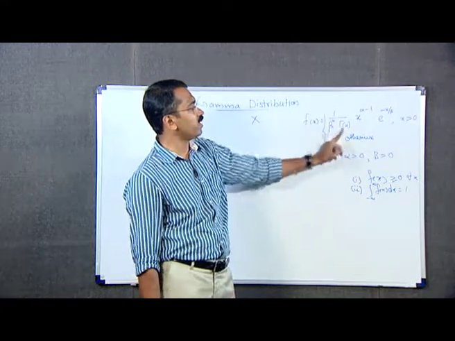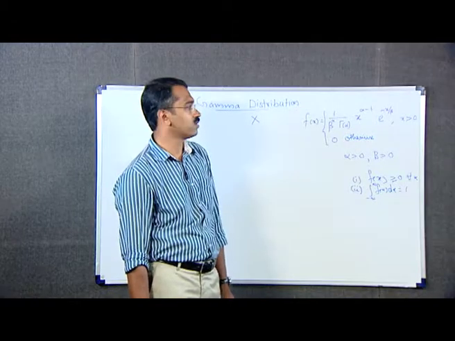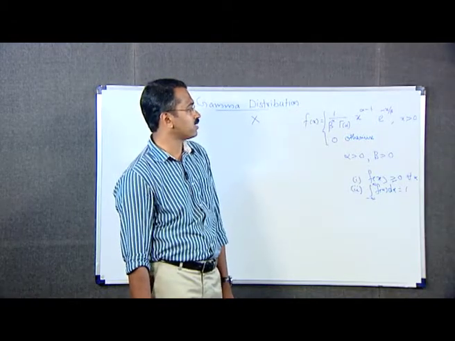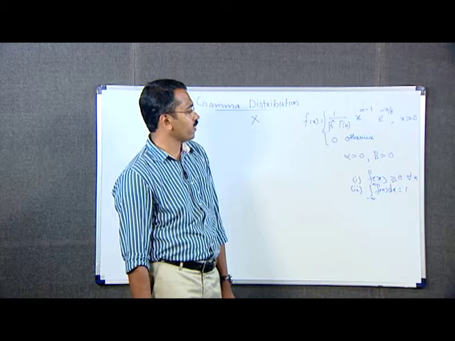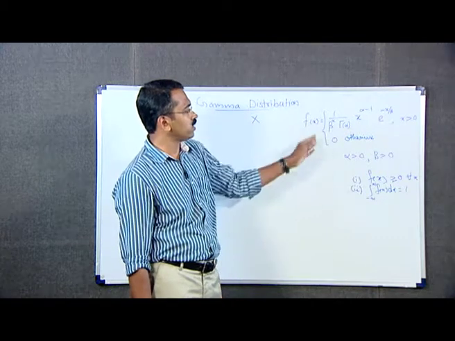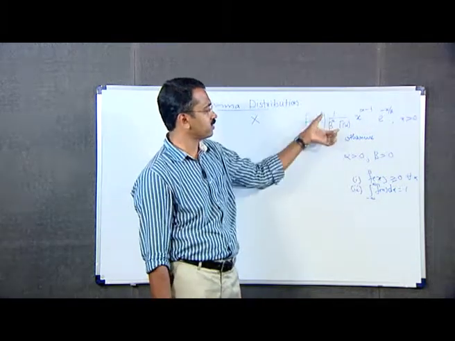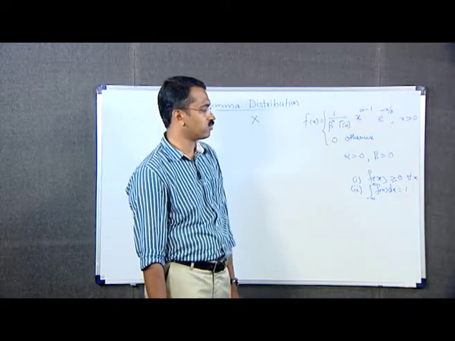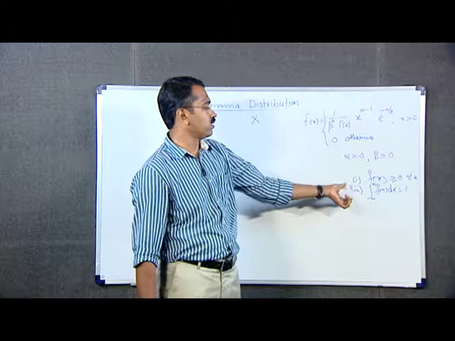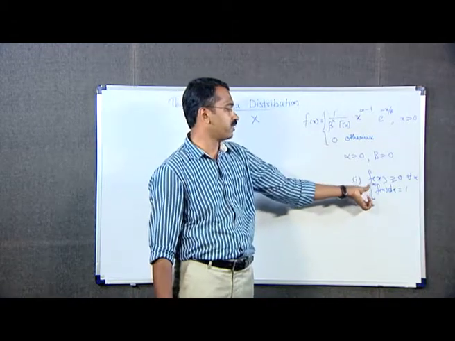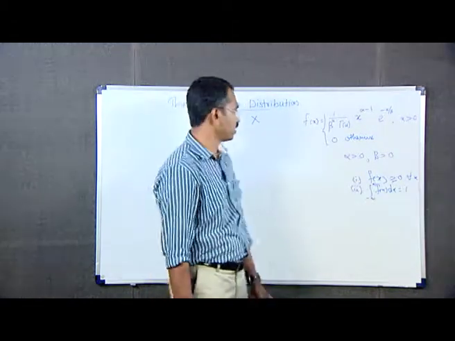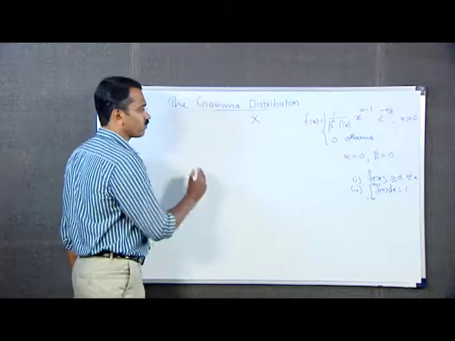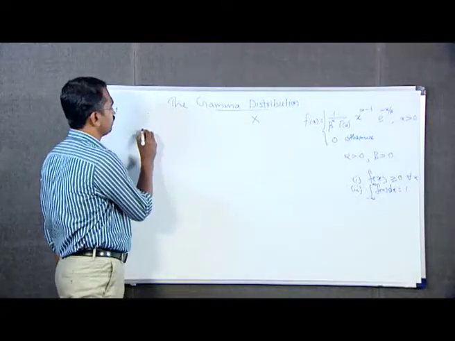Also, Γ(α) is always greater than 0, and f(x) is equal to 0 otherwise, which means f(x) is greater than or equal to 0 for every value of x. Now, we want to verify the second condition, the integral from minus infinity to infinity